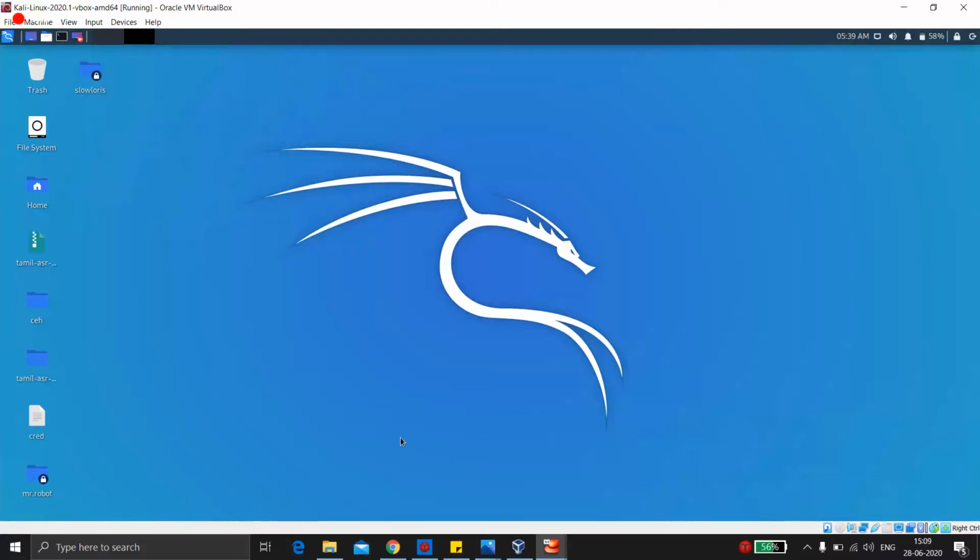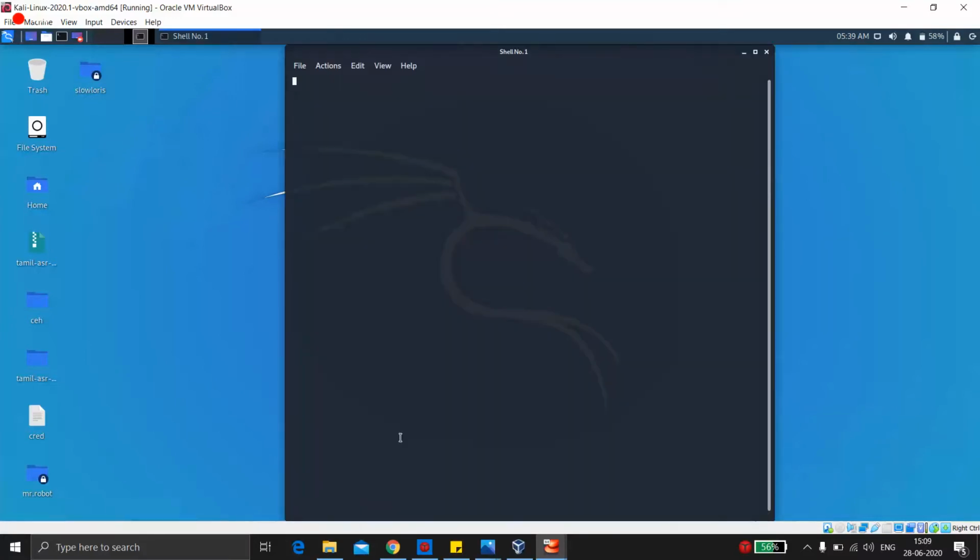So in this also, let me show you the same thing. First of all, we need to go to this slow loris. So basically, I'm a Kali user, I'm not a root user. So let me become the root user. Now I have to navigate to the folder where I have this slow loris. So it's basically in home, root, desktop, and slowloris. Here I'll see the same file. This is the same setup.